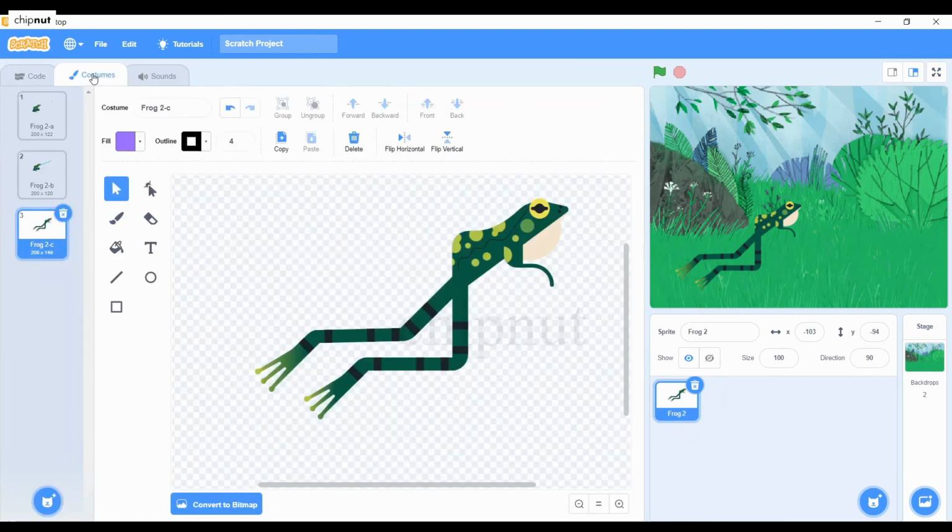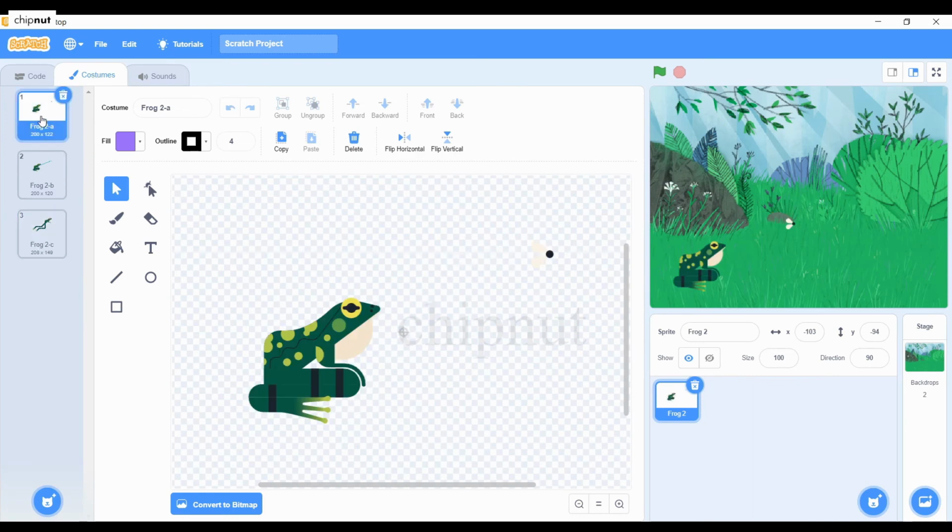In our project, we want the frog to come back to the same position after catching the insect. If we use costume for the frog as 2A, it has an insect. We don't want the insect after catching the insect. So let us create a new costume. Duplicate the frog 2A costume by right-clicking and selecting duplicate. Rename this costume as frog D. Now to delete the insect, we have to edit this costume. Pick the eraser and erase the insect. Now we have a new costume. Let us add this to our program.